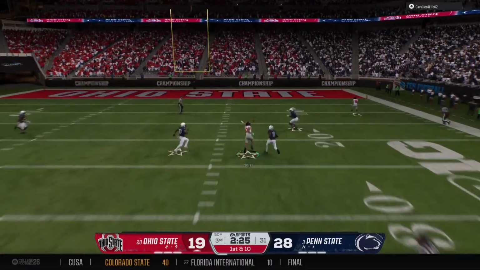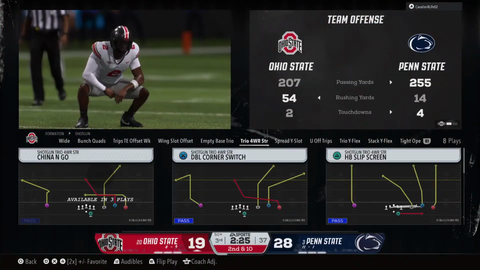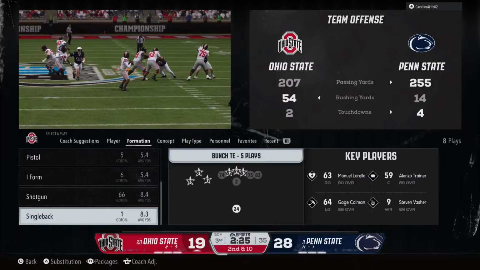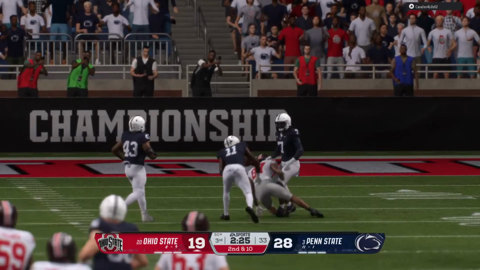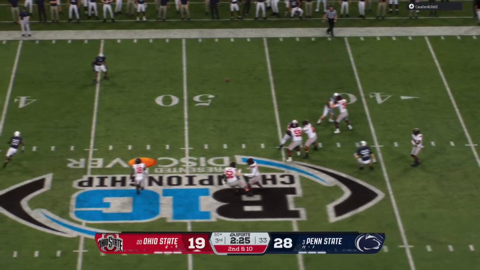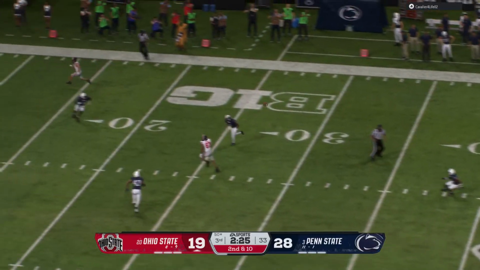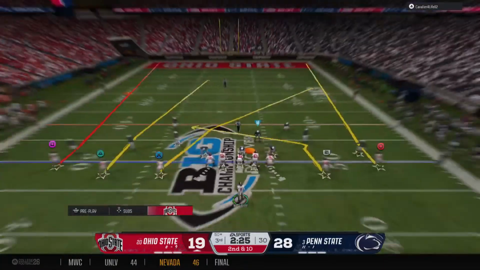Looking deep to the right side. Tried to press the ball deep, but it's incomplete. Well, these guys just continue to struggle throwing the football. You know, whether it's been running the wrong route, quarterback not being accurate, the offensive line not doing their job. It's been a collective effort, and it's a big reason why they're trailing now in this game. Incompletion sets up a second down.